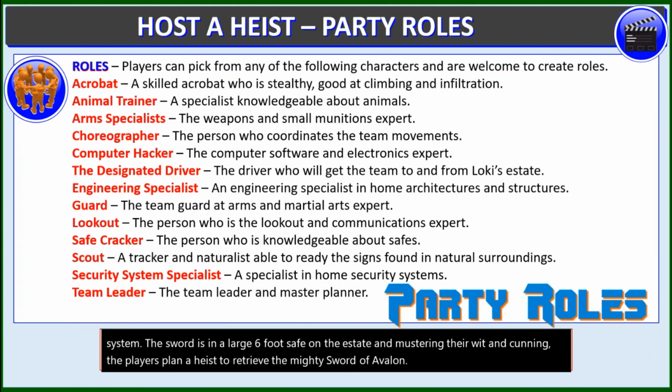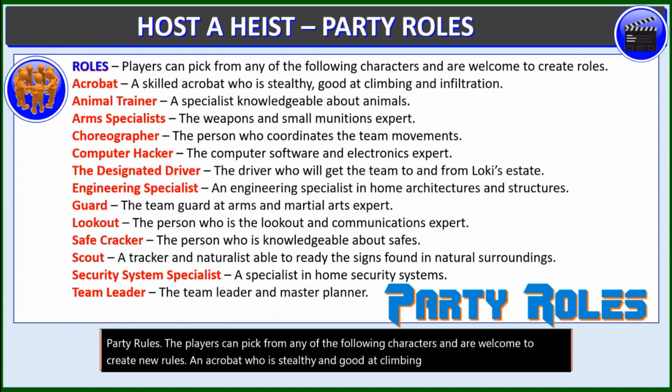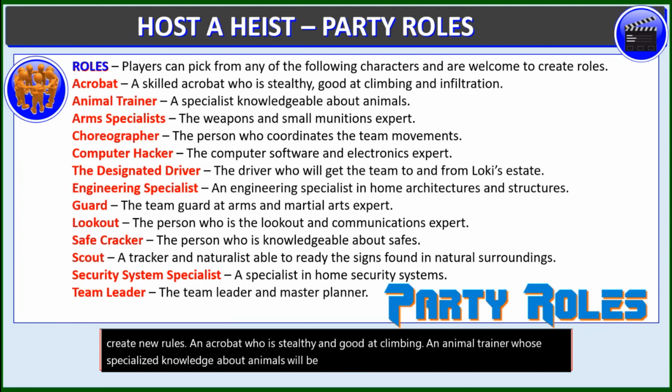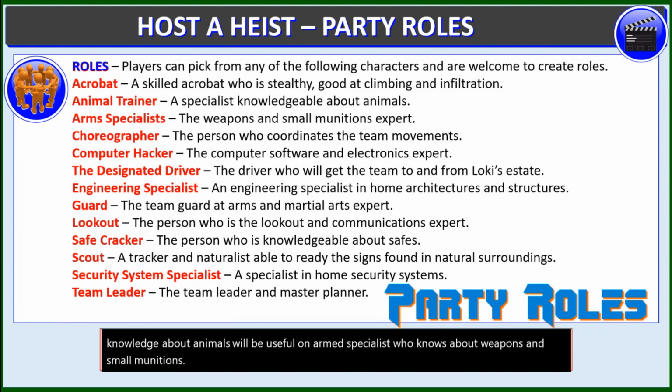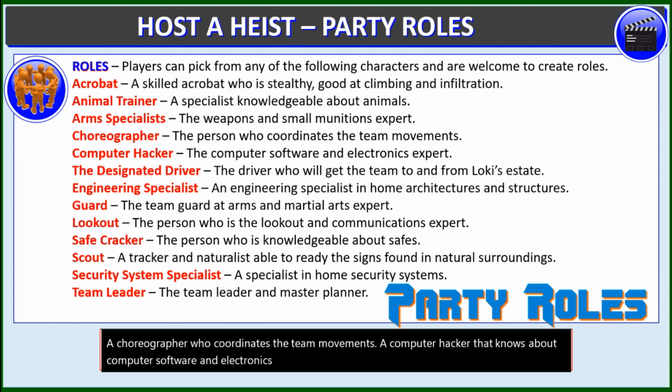Party roles. The players can pick from any of the following characters and are welcome to create new roles. An acrobat who is stealthy and good at climbing, an animal trainer whose specialized knowledge about animals will be useful, an arms specialist who knows about weapons and small munitions, a choreographer who coordinates the team movements, a computer hacker that knows about computer software and electronics, the designated driver who gets the team to and from the estate,